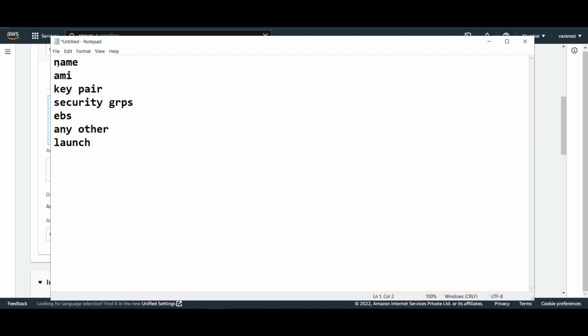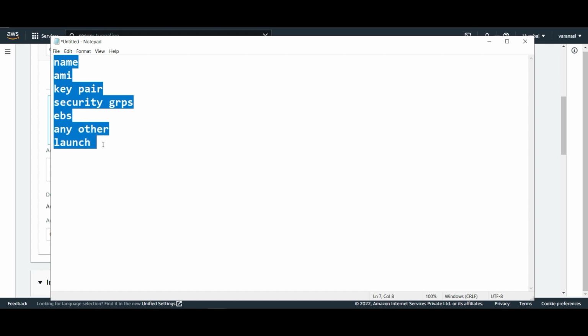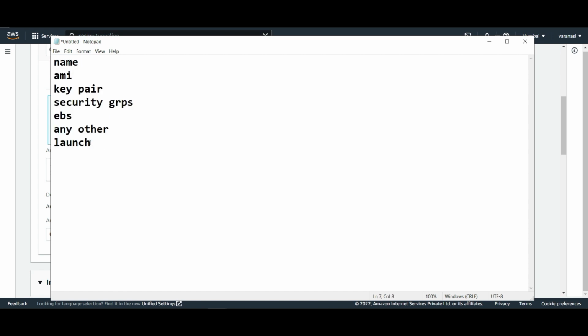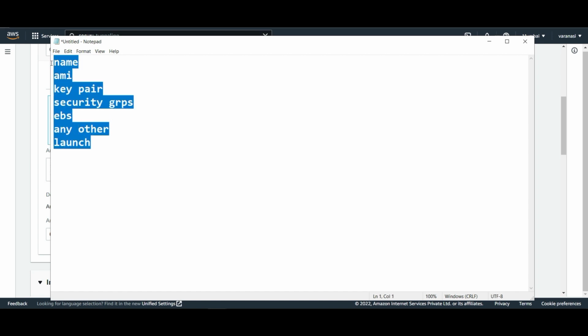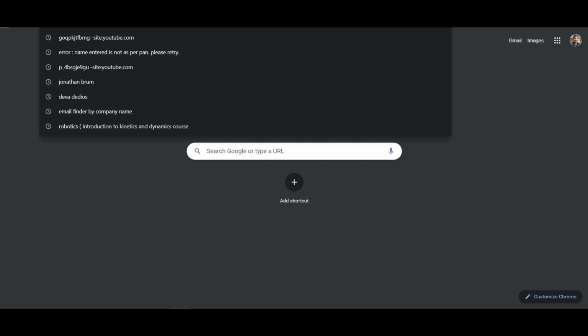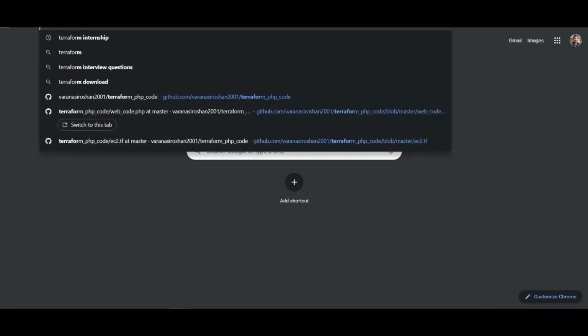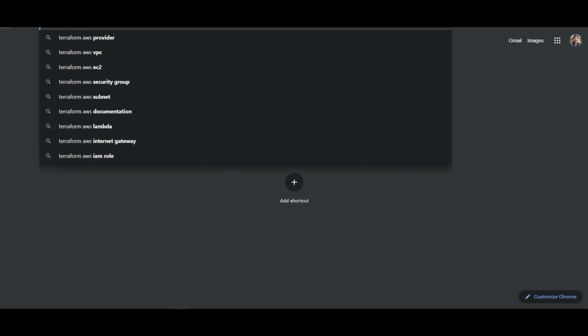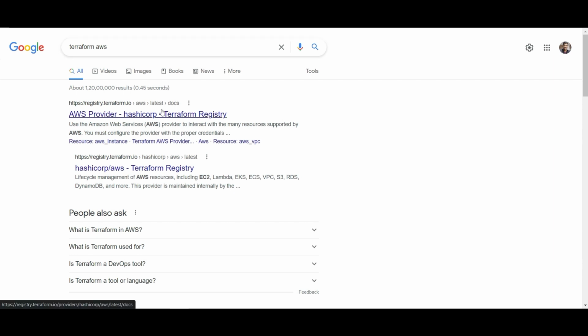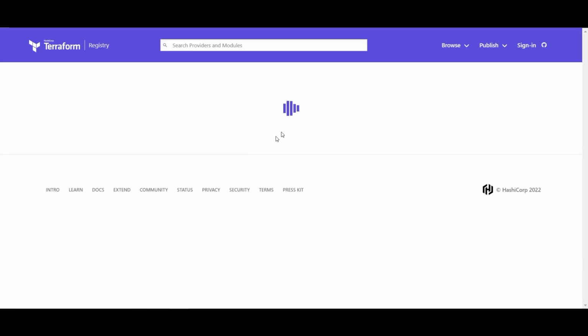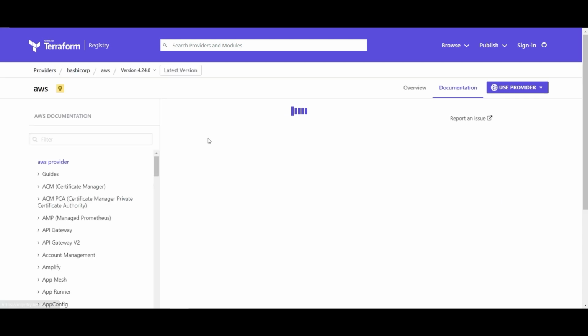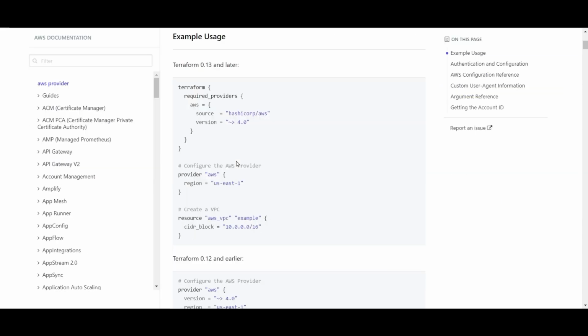So now what Terraform is suggesting is, with this you write code, and you don't have to do it graphically, you will do it automatically. So if you go and search for Terraform AWS,